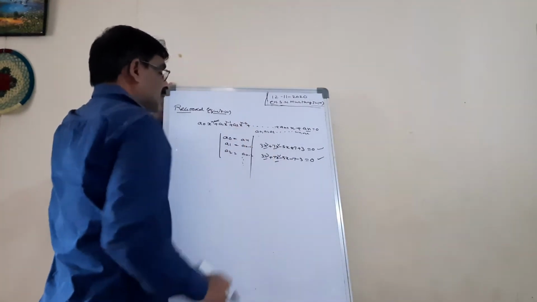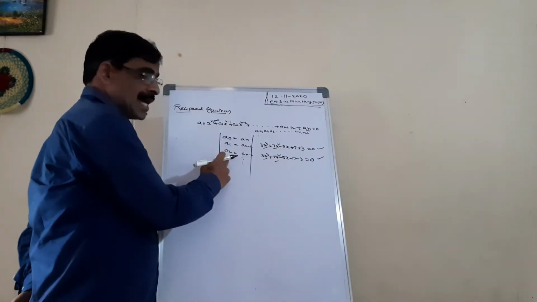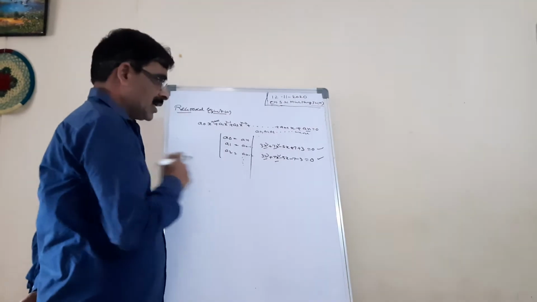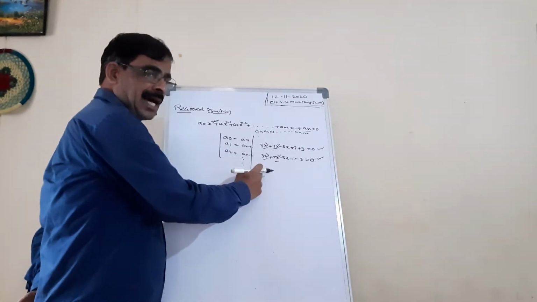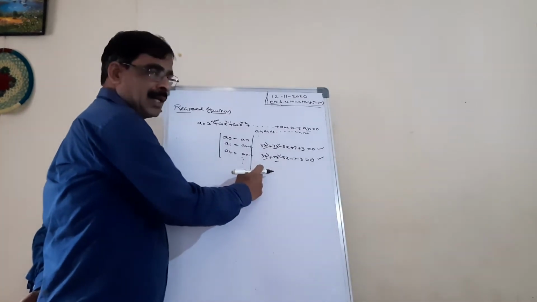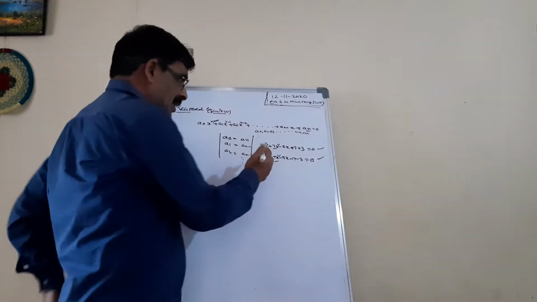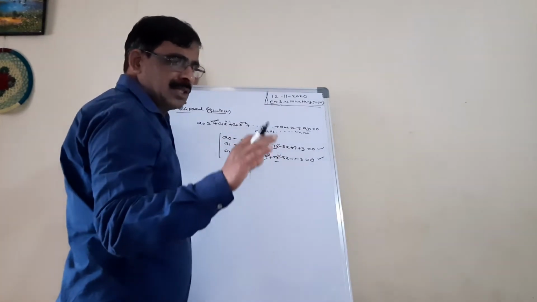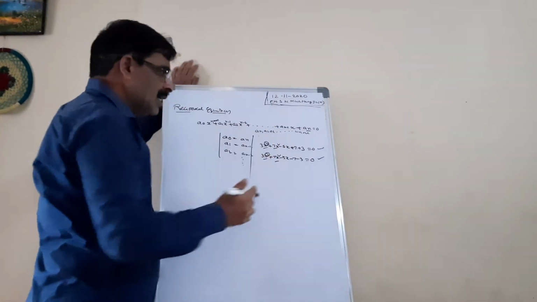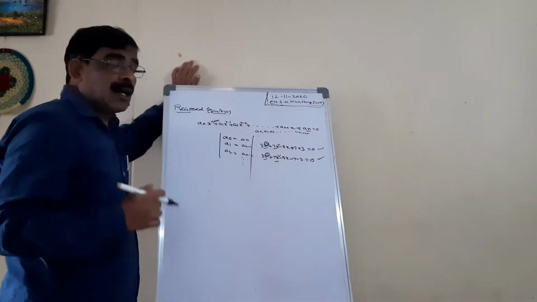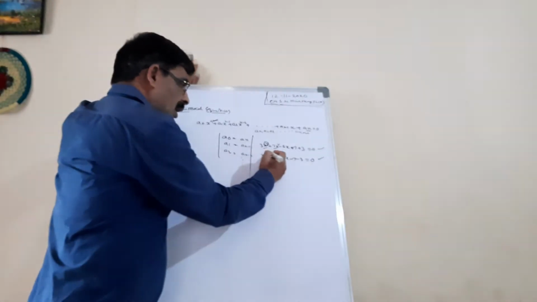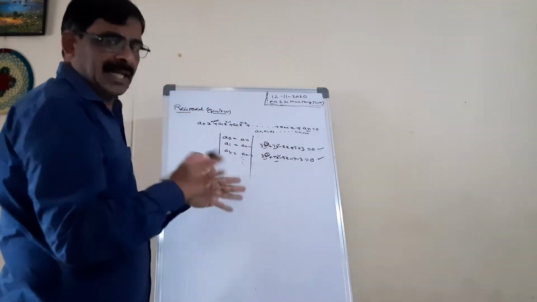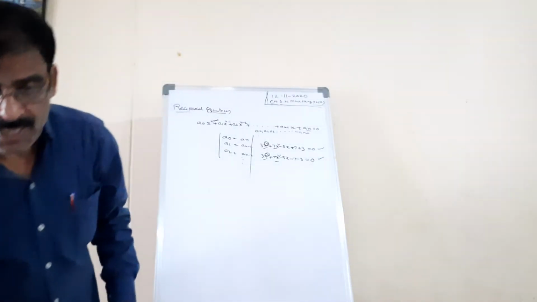For these two, this is a class 1 equation of nth order. This is also a class 1 equation, but here what is the degree? This is a third degree equation. Then we come to class 2. In class 2, the coefficients are opposite in sign. Let me write a chart so you can easily understand.